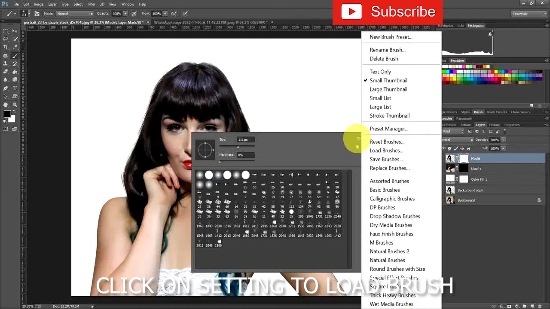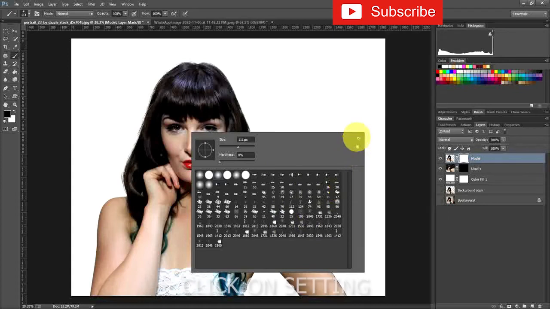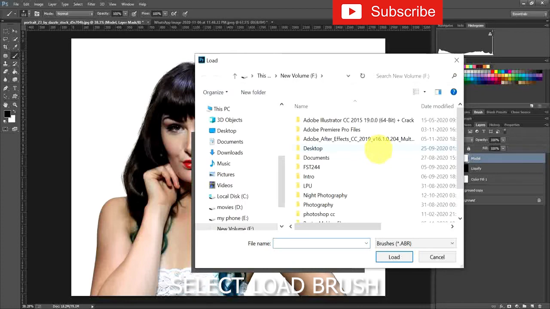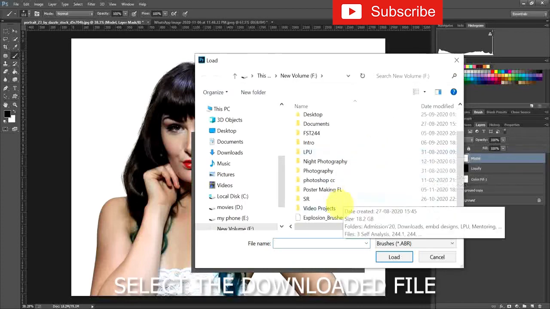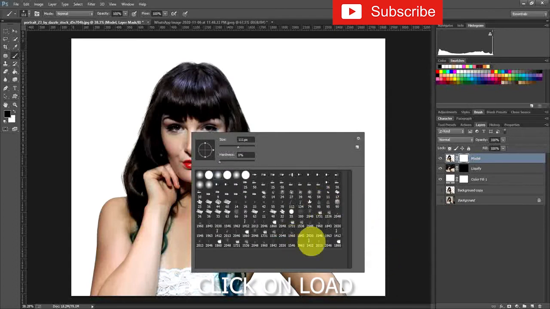I will provide the download link in the description, from where you can download these brush options, which you can use as well. You just need to click on settings, and from settings select load brush, then select the file which you have downloaded and click on load. Your brush will be loaded, and here I am going to use the brush number